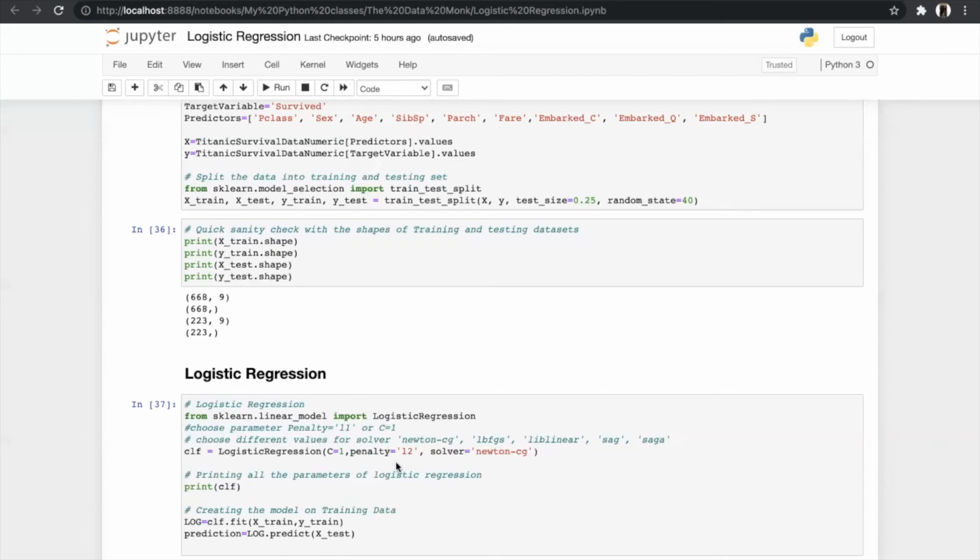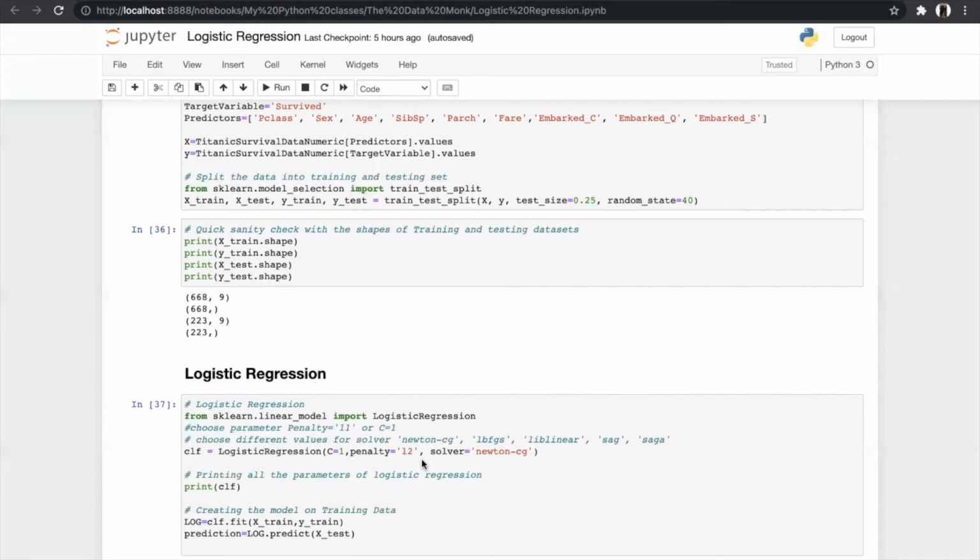For penalty, we can choose the value of L1 or L2, where L1 stands for Lasso and L2 stands for Ridge. So you may be wondering what Ridge or Lasso is. They were statisticians who invented an algorithm to find which coefficients are important or not. Take an example: we have an equation like y equal to m1x plus m2x plus m3x, where m3 is equal to 0.00001. So we can ignore the m3 value, giving us only y equal to m1x plus m2x.